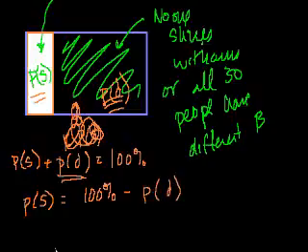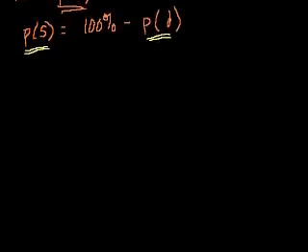distinct, separate birthdays. And the reason why I'm doing that is because, as I started off in the video, this is kind of hard to figure out. I can figure out the probability that 2 people have the same birthday, but 5 people becomes very confusing. But here, if I wanted to just figure out the probability that everyone has a distinct birthday, it's actually a much easier probability to solve for. So what's the probability that everyone has a distinct birthday? So let's think about it. Person 1,